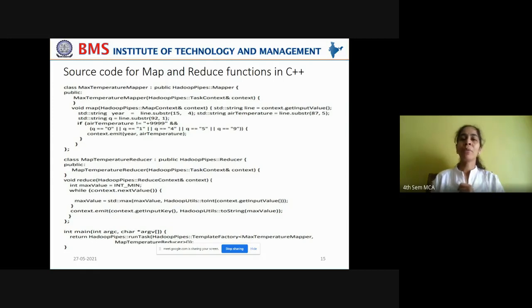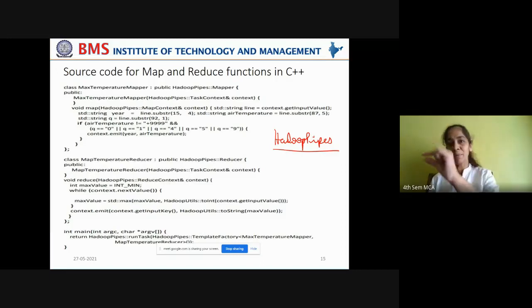We have to use mapper and reducer classes which are defined in the Hadoop pipes namespace. Remember, this namespace is very important for us. In Java, you have used the org.apache.hadoop.mapreduce mapper class and reducer class.